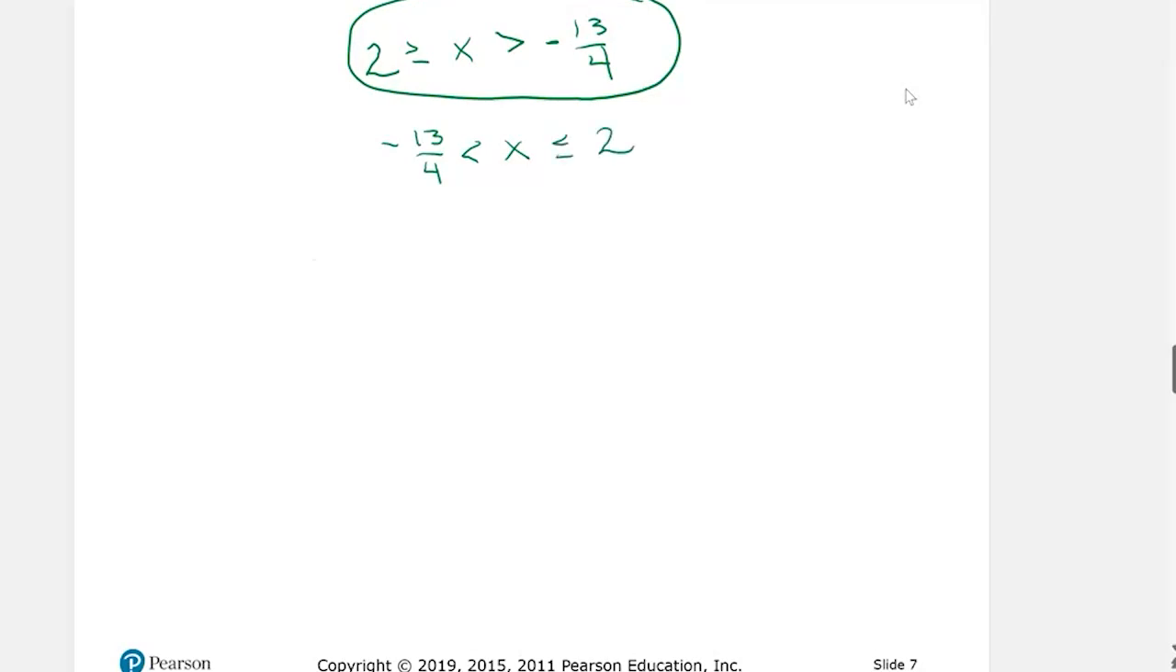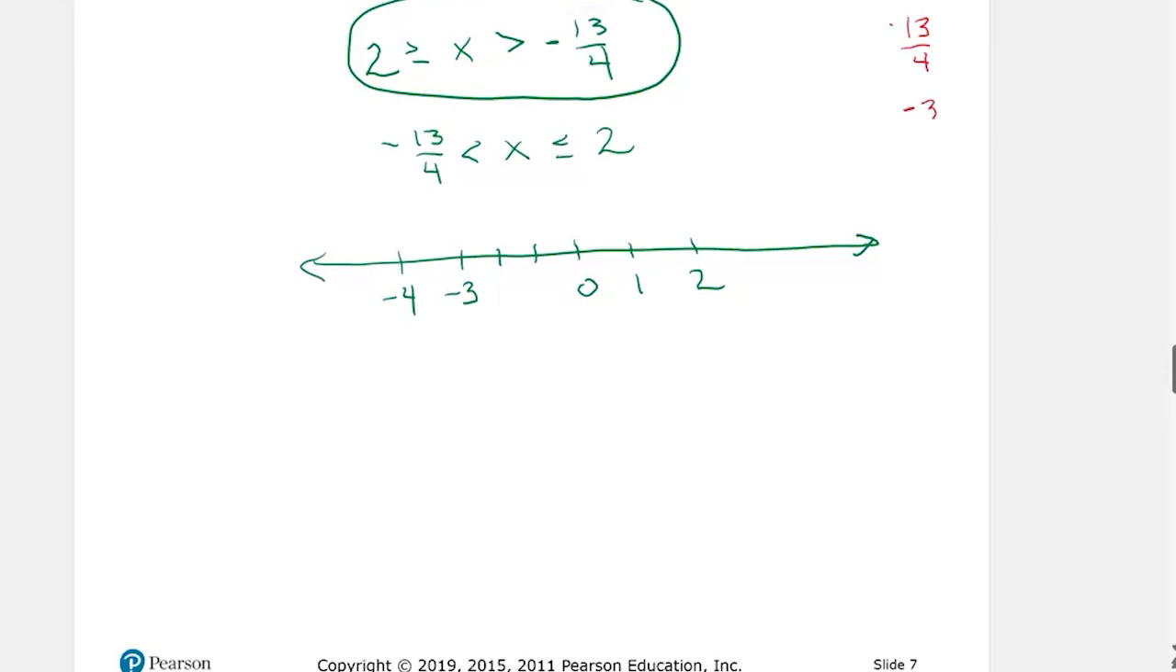So now let's put it on a number line first. So here's 0, 1, 2, and 13/4. Well, 13 divided by 4 would be 3, because 12 divided by 4 is 3. And so it's a little more than 3, right? Negative 3, so let's go 1, 2, 3, 4. So this is -3 and -4. And we'll say that -13/4 is going to be the same as -3